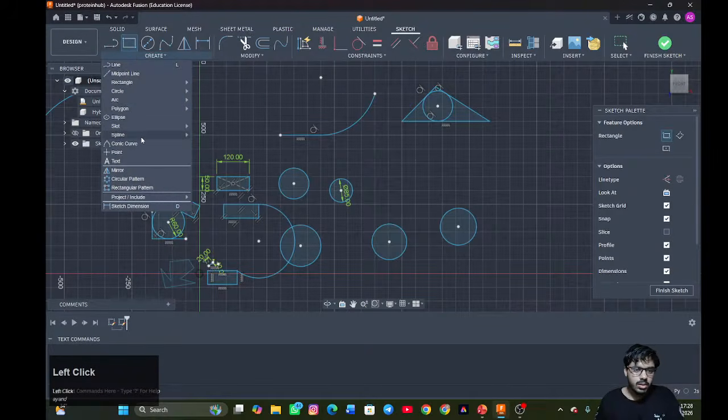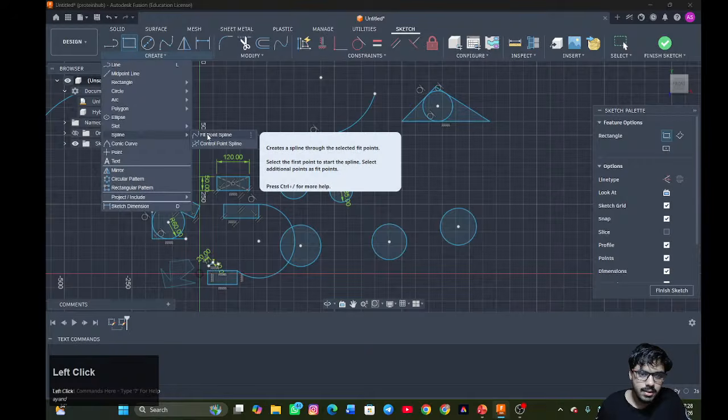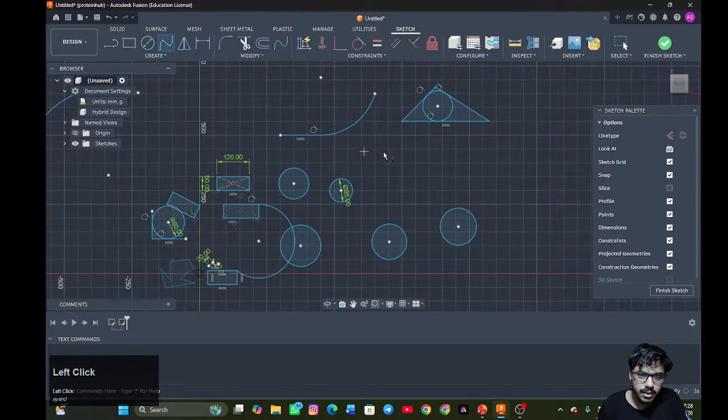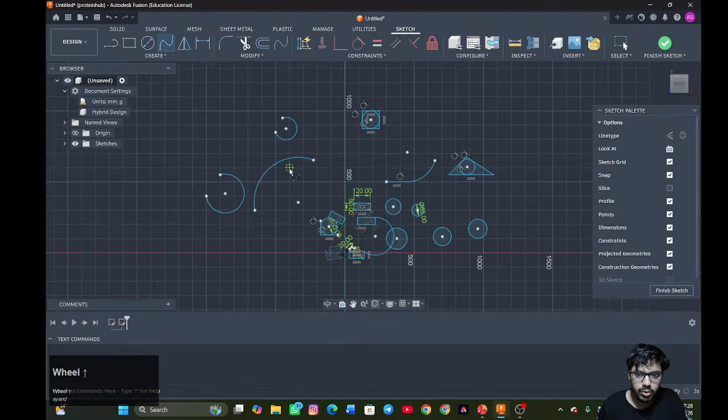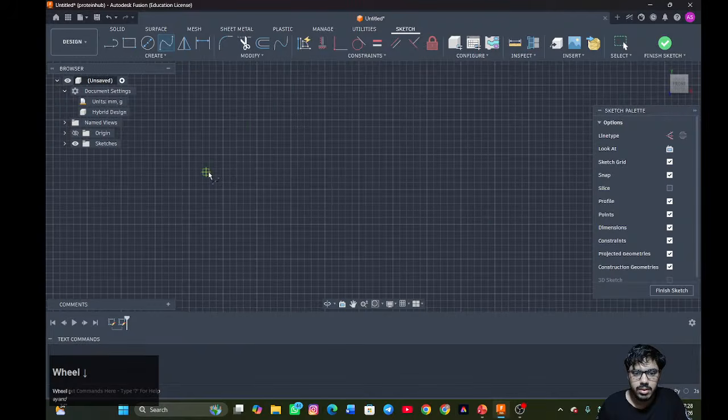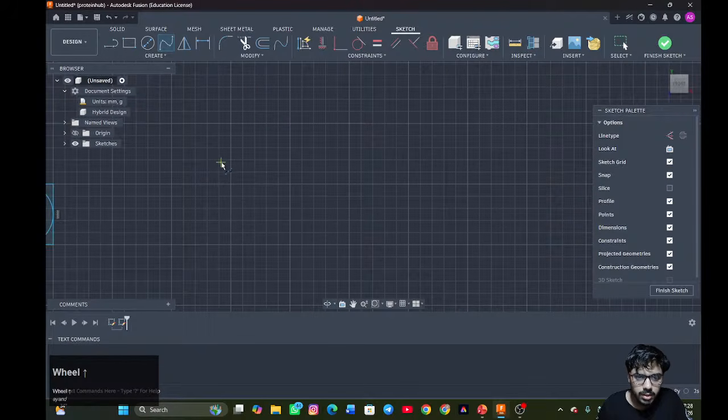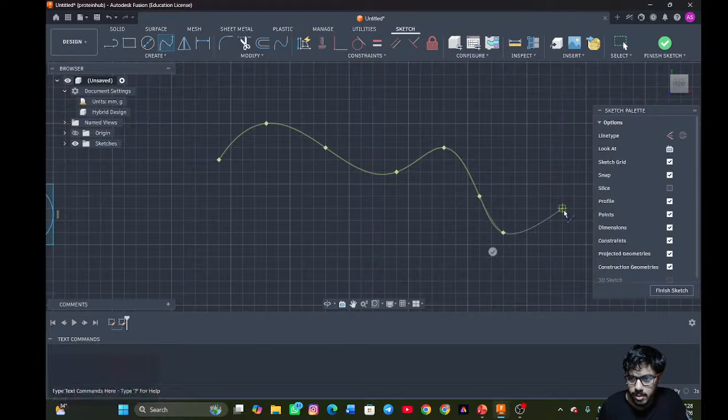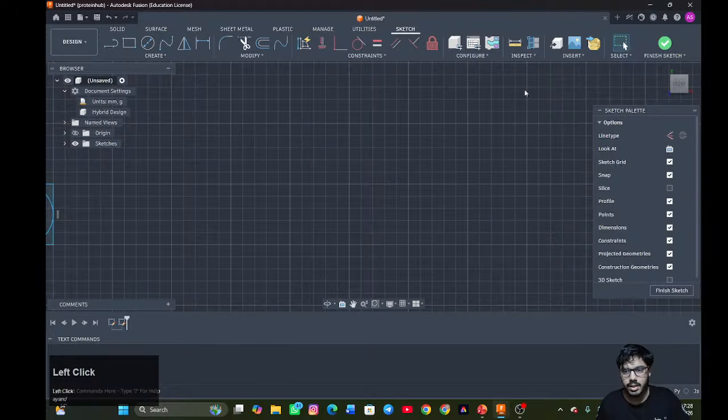Now this spline thing is a little bit more useful because you can do whatever path you choose, like this. It goes through the path and helps you make the sketch. Whatever path you choose, it will create one line. And if you like